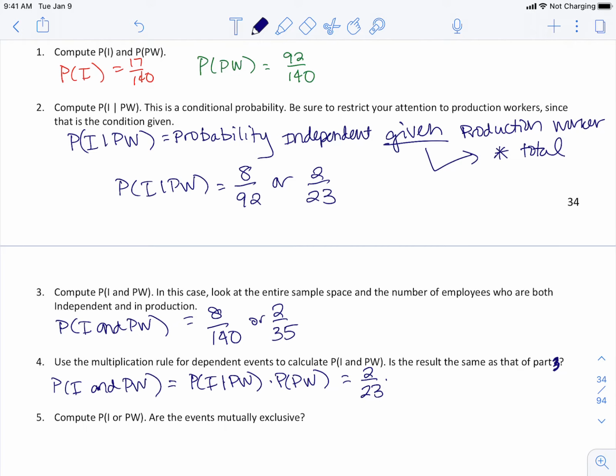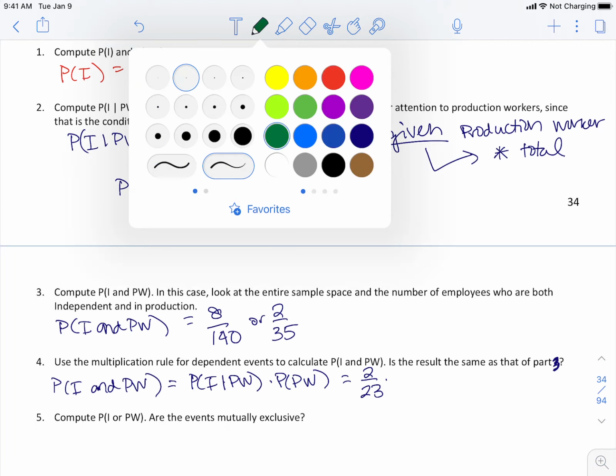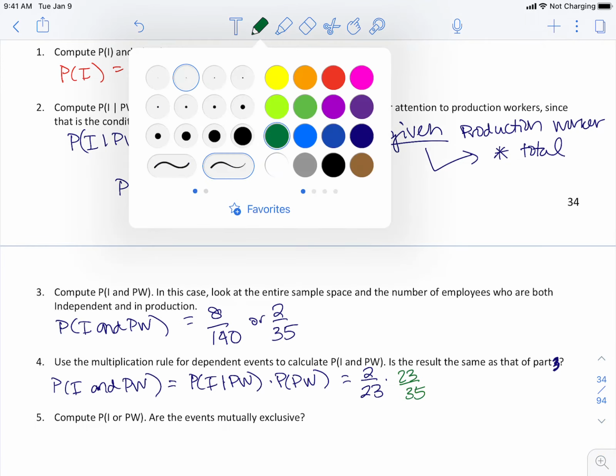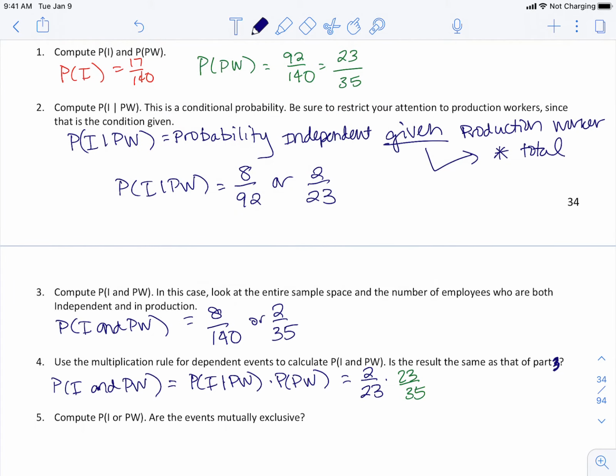This also can reduce to 23 out of 35. And so then, if we multiply these together, those 23s cancel, and we get 2 out of 35, which does match